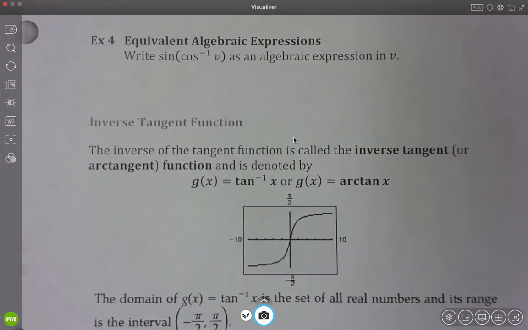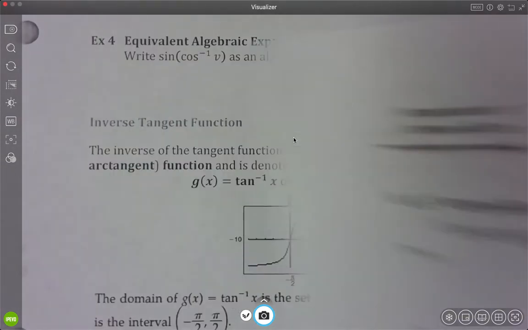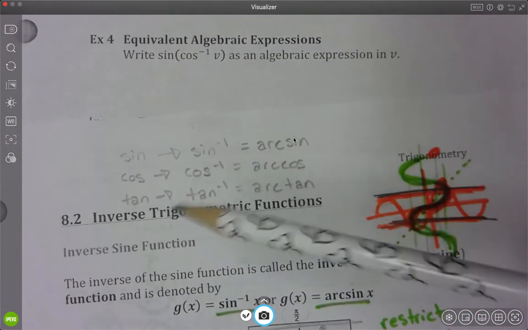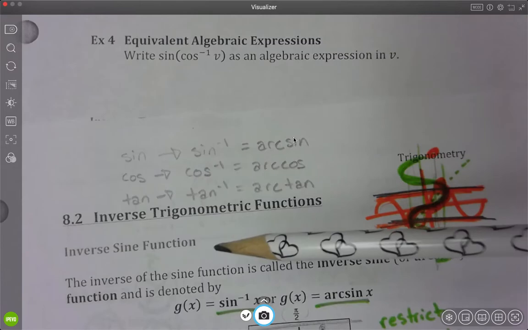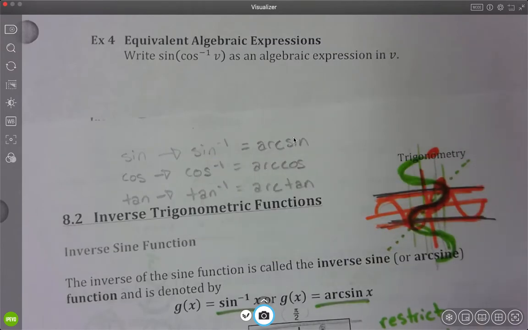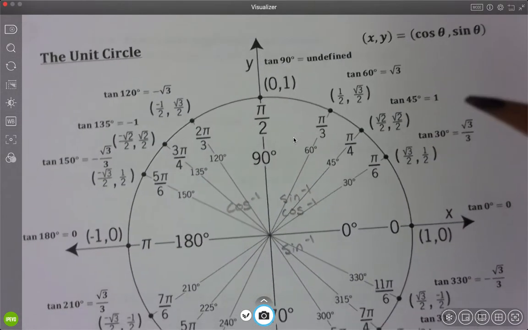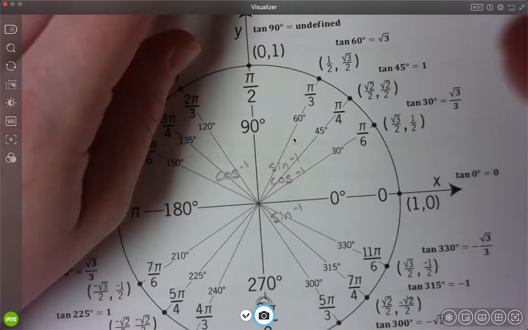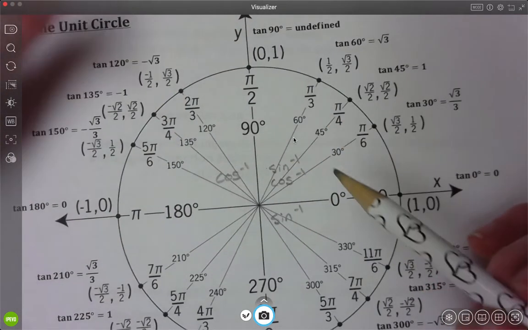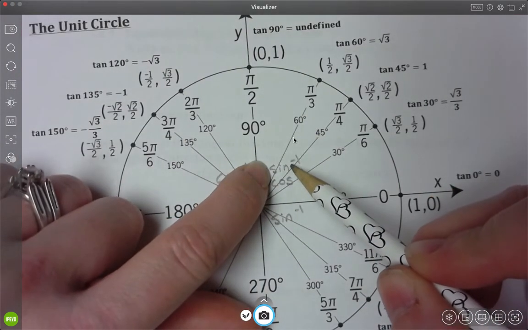Okay, Trig, this is the second half of section 8.2, which we started doing inverse trig functions with. Lots of new information in section 8.2, so I apologize if that was a little bit confusing. Hopefully this section will clear some stuff up. We did sine and cosine in the last video. This section we're going to talk about tangent a little bit, but I got a new unit circle here, so mine's not all messy. But inverse sine and inverse cosine live